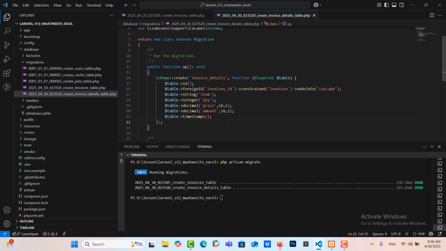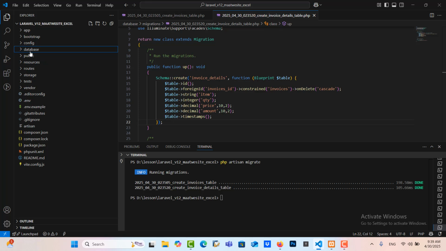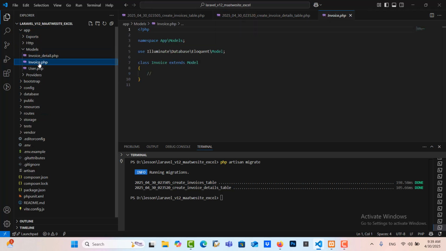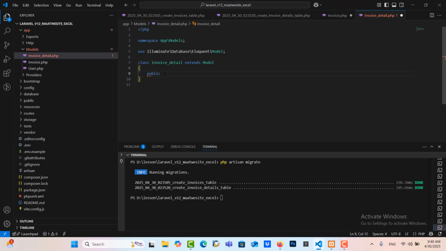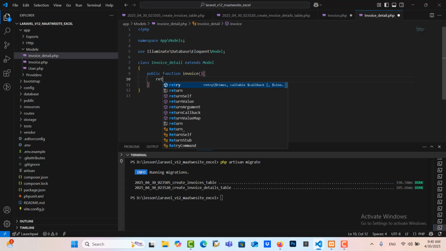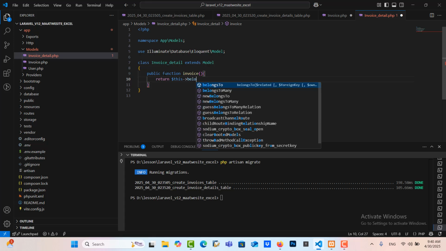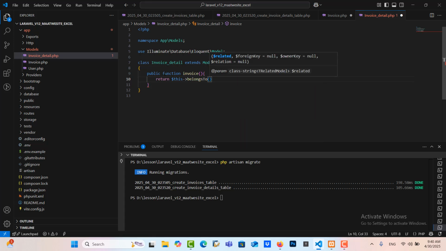So the next step is we need to create the factory. Before we create the factory we need to define the relation in the invoice detail first. So public function invoice, and then we return the relation, this means this class belongs to invoice class.